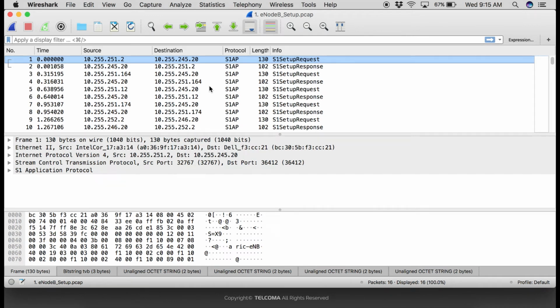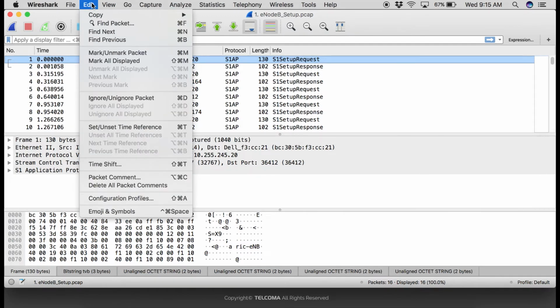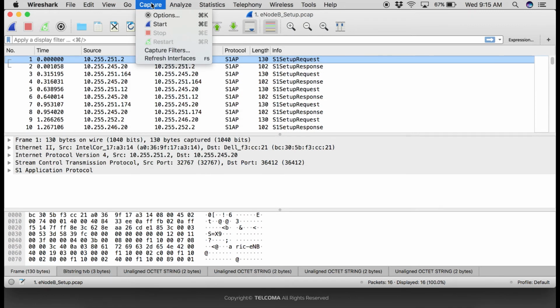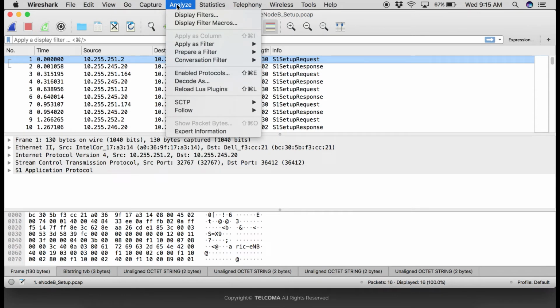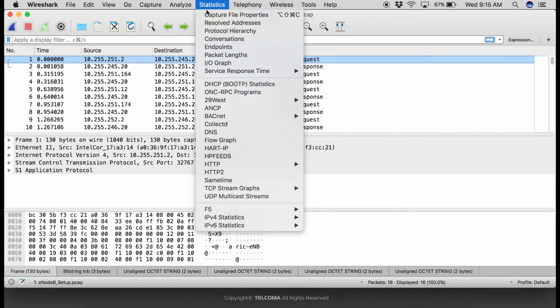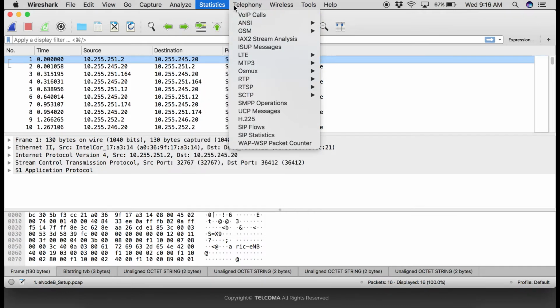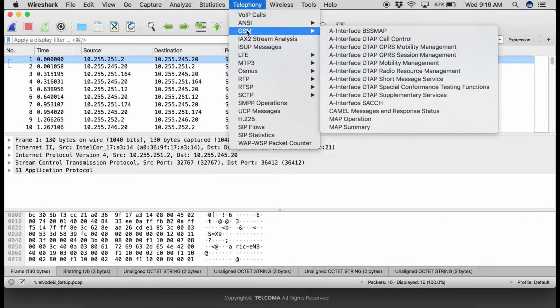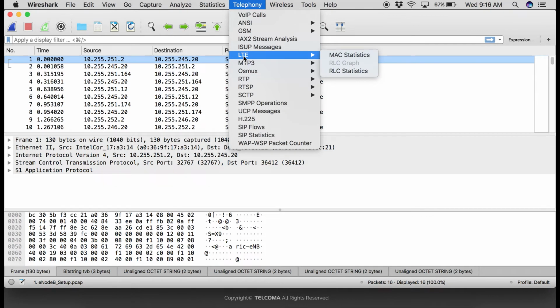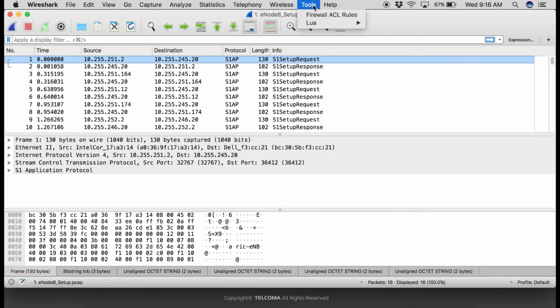In this main window, this is the menu bar, where we can select from File, Edit, View, Go, Capture, if you want to capture packets, or Analyze, or Statistics, where you can make input output graphs, or see the endpoints, packet length, etc. In Telephony you can select these protocols and capture the packets according to them. This is for the wireless network. These are the tools of Wireshark, and this is for the help. After that, the next one is the file name, and after that this menu is about the